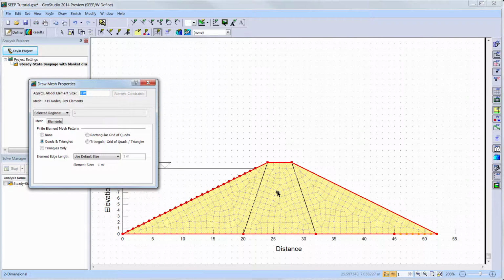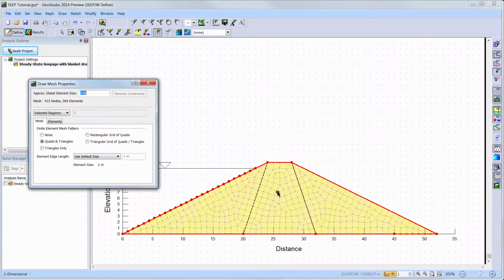First, we will look at the different finite element mesh pattern options available in the GeoStudio products. Each of the products currently allows automatic mesh patterns to be created based on an unstructured mesh type. The unstructured meshing pattern will generate a well-behaved pattern of either a mixed quadrilateral and triangular element pattern or a triangular element pattern.